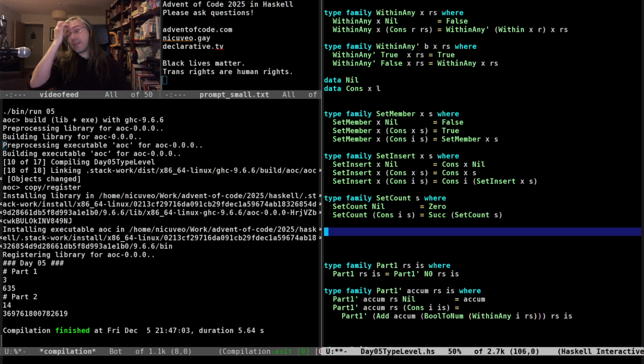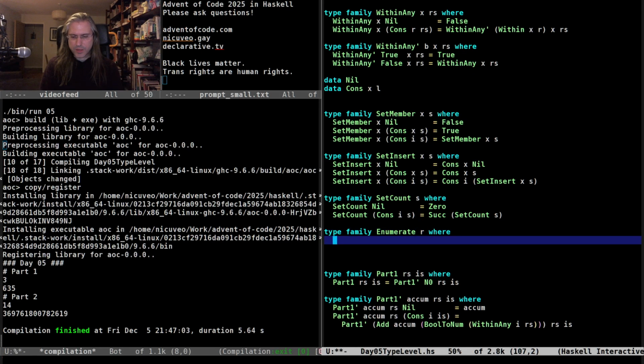And we need one last thing, which is gonna be add range to set. I'm probably gonna want to do that in 2 operations. I'm probably gonna want to do an enumerate first that, given some range, will give me a list of integers that are in the range. So enumerate of